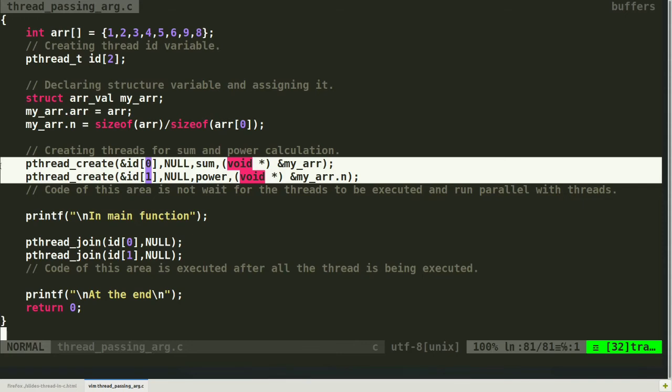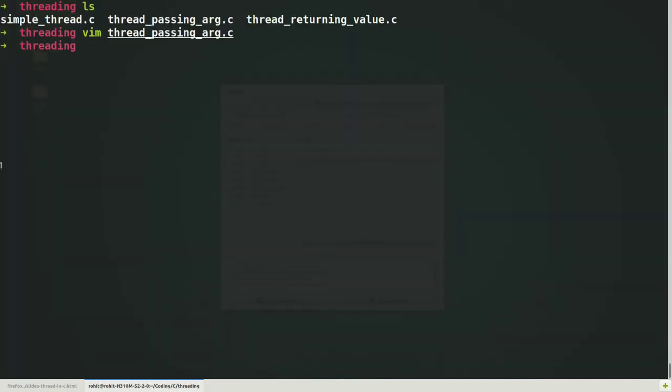Now let's execute it. Here we are providing the command gcc and then the file name, thread underscore passing arg, and we need to link two things. For Windows users this is not mandatory, but for Linux users it is mandatory.